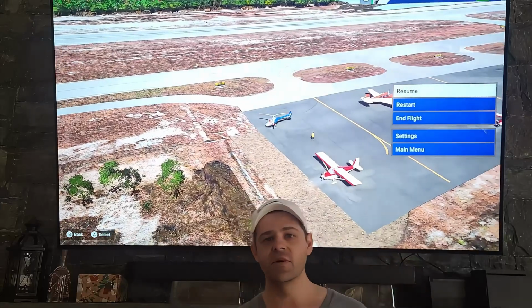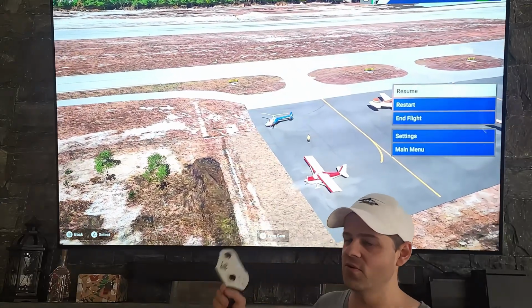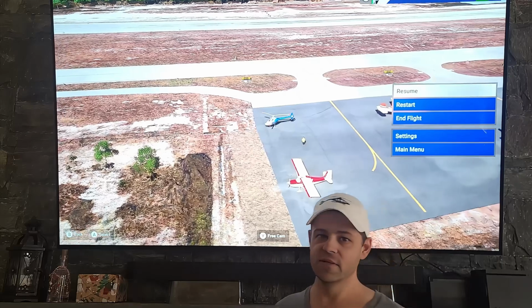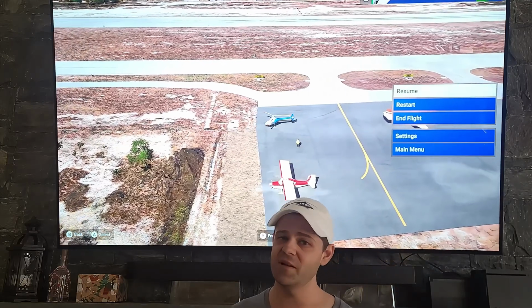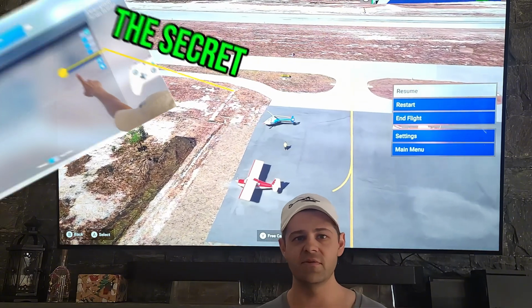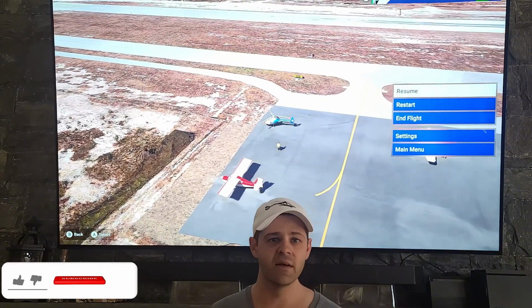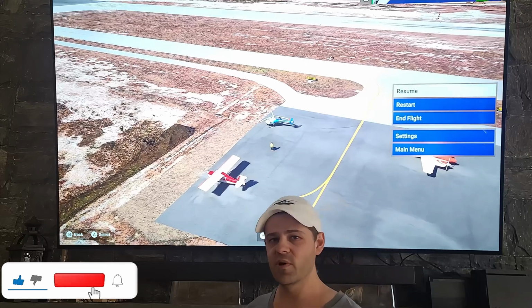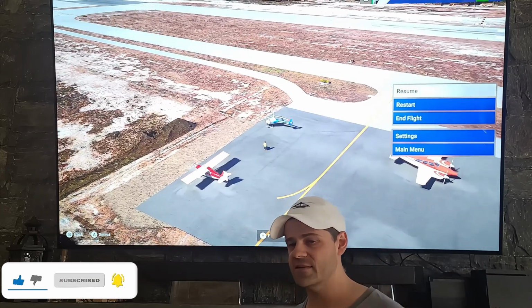Today, we're going to go through how to map your Xbox controller for your throttle input on your Cabri G2. A lot of people have been asking questions about this. There's some things inside the menus that a lot of people don't understand how they work, and I'm going to explain that. So next, I just want to point out you really should use this as an axis, and unfortunately